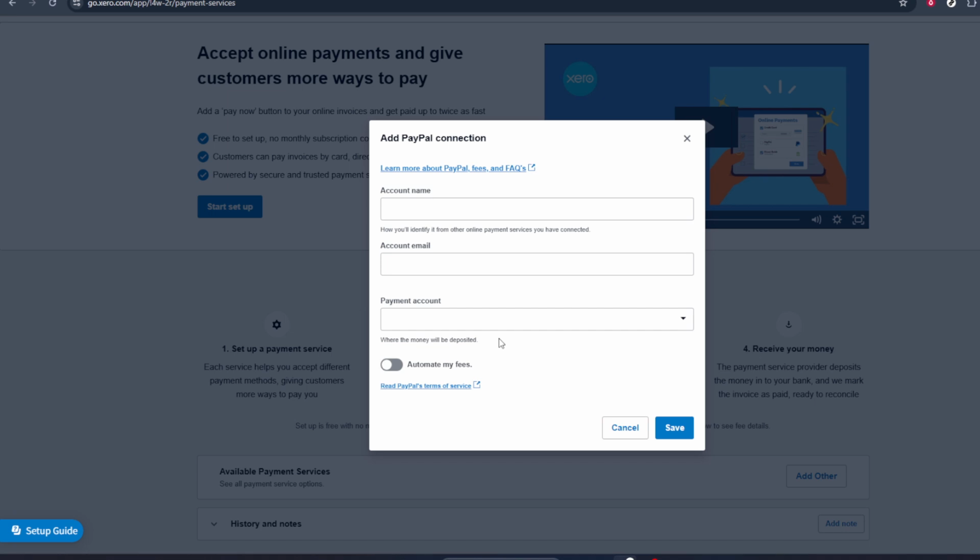Once you have entered those details, follow the on-screen prompts. Xero may redirect you to a PayPal login page so you can grant permission for the connection. Carefully read each screen, confirm the access, and continue until you see a confirmation that PayPal has been connected. When you're done, your invoices in Xero will be able to include PayPal as a payment option, making it faster and easier for your customers to